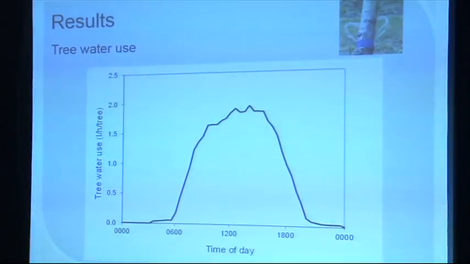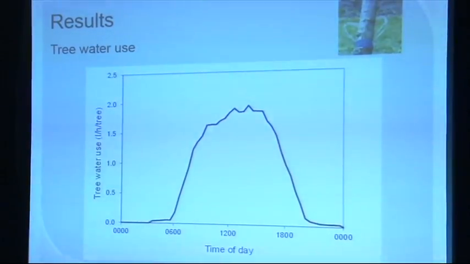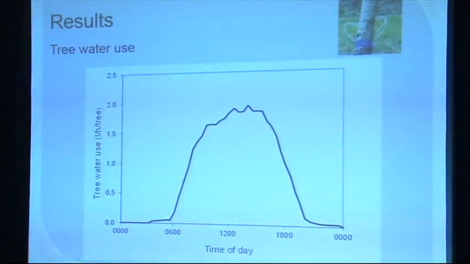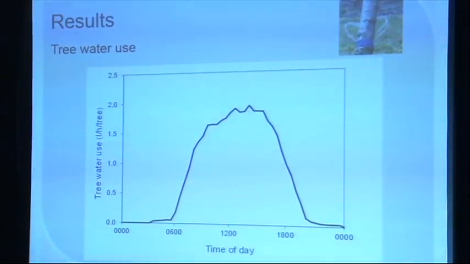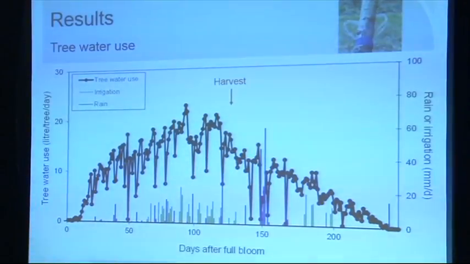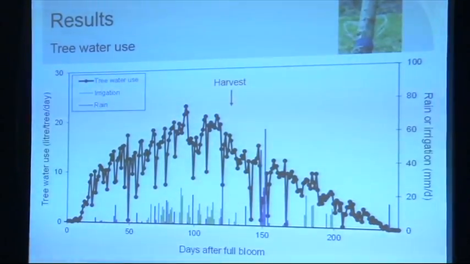So results. This is what tree water use looks like in a tree over a day. So over a 24-hour period from midnight to midnight. Basically, of course, it's dark back here. As the sun comes up, we start getting an increase in transpiration or tree water use, and it gets to a peak somewhere just after solar noon. Then, of course, it drops off in the afternoon. And we can sum that data and get our total daily water use, which is what this figure shows here